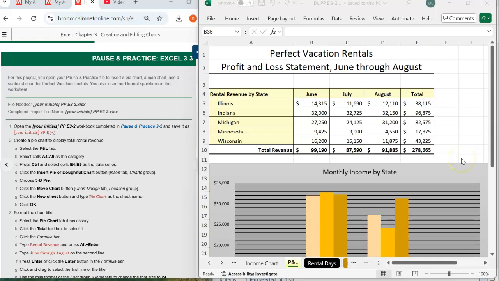This is Excel Pause and Practice 3-3, Chapter 3. For this exercise, we will need the completed Pause and Practice 3-2 Excel file, which I have open here. The first task is we need to rename this as